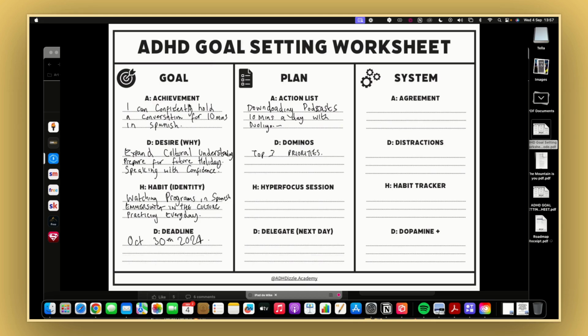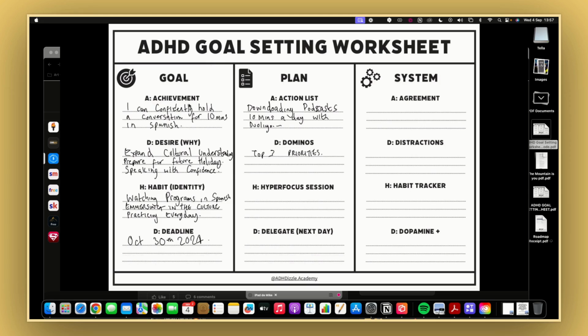I'd also use A as accountability as well. So if there's someone that you are doing the same goal with and you want to hold each other accountable, I think that's another great thing that you can use, accountability or an agreement with yourself, like a contract. We'll go into contracts later on in other videos because I do think creating yourself a contract is a very great way to help you to stick with your goals and stick with the things that you've said that you're going to do. So then obviously you have the next thing, which would be your distraction list.